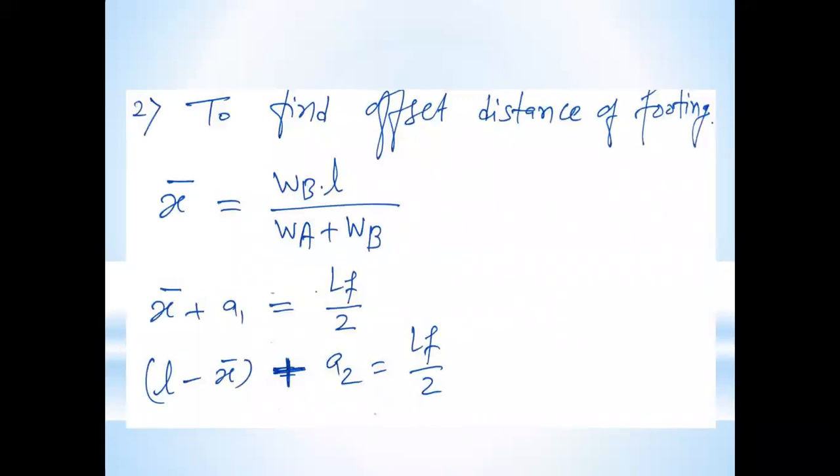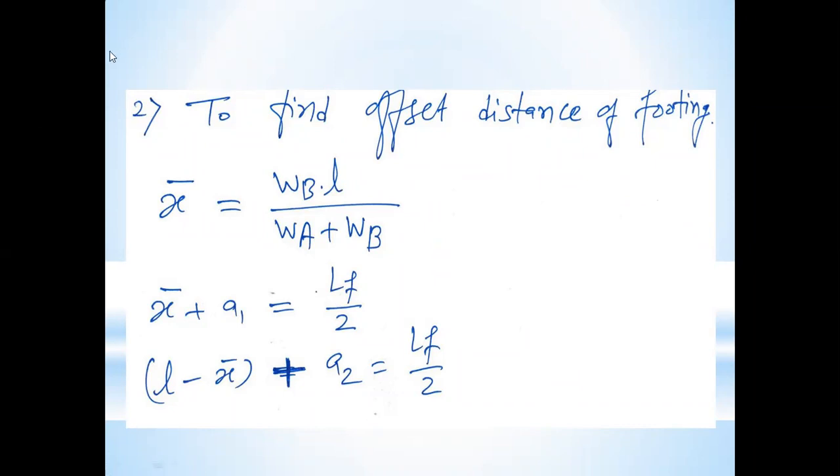If the section is square, then L = B = square root of area, and we get L and B directly. And if there is a rectangular footing, then we have to consider the length or the width, and then calculate the remaining part. Select either the length or the width, then the remaining one: if you divide the area by L you will get B, or the area divided by B you will get L. So based on this, now the next step is to find out the offset distance of the footing.